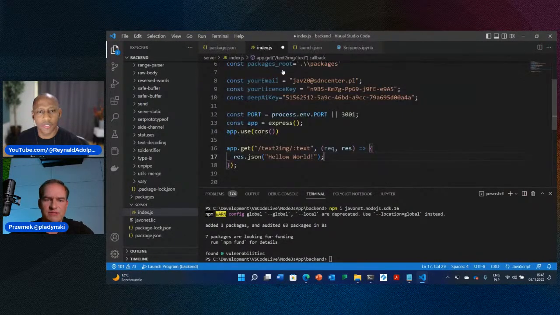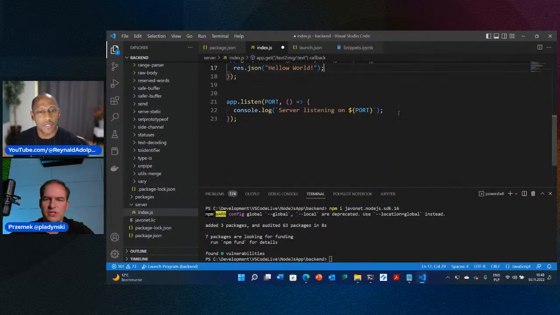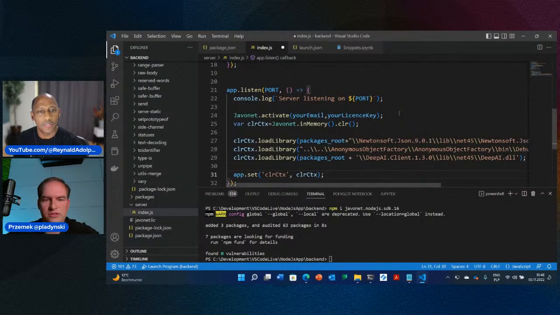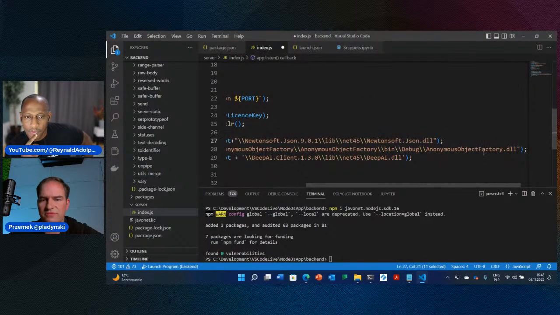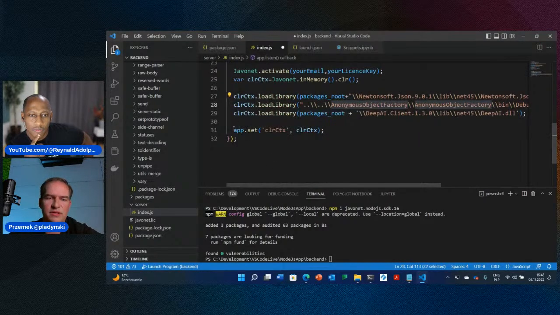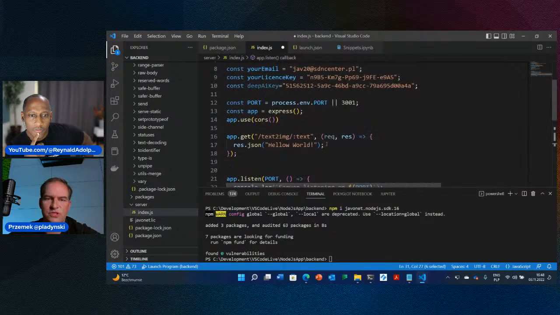And we need to activate Javonet. This you already more or less know from today's video. So you just activate, create the runtime, in this case the CLR, because we are loading the .NET Framework 4.5 libraries. And we say load those libraries: Newtonsoft.Json as a dependency for DeepAI, and some anonymous object factory that I will explain in a moment. And we set that context to be accessible from any root here.